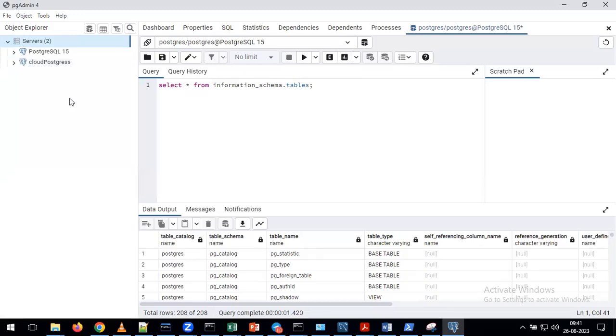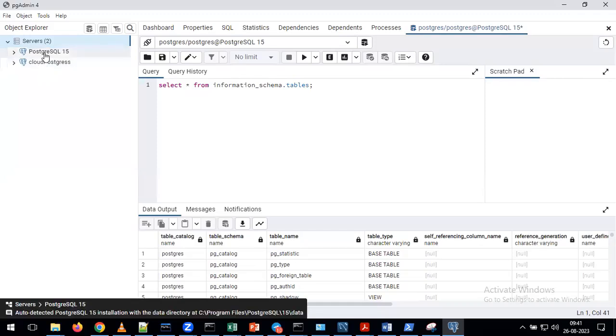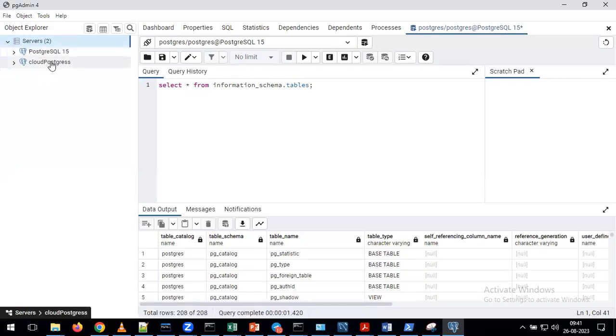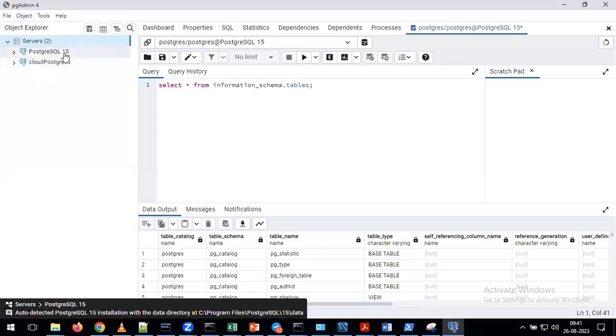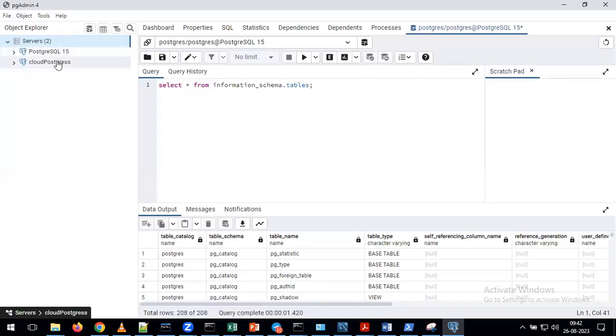Okay. Up to here, any questions or confusions, please ask me. Sir, I have not got that local one, PostgreSQL 15. Yeah, which means your installation did not happen properly, Andy. Forget about the PostgreSQL 15. Try to create the second one. Anyhow, we are not going to work on the local server. We are going to work on the cloud server only. If you are not getting PostgreSQL 15, might be some problem with your installation. You can ignore that. Please continue with the second one, Cloud Postgres only.